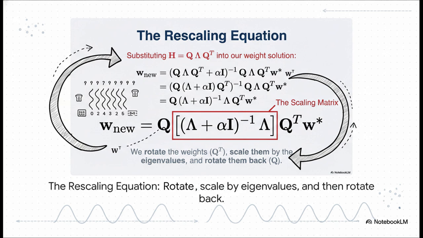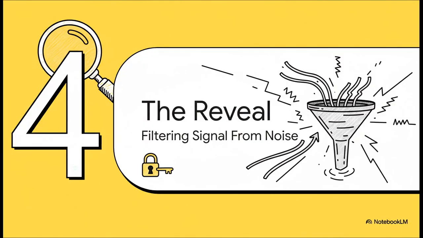It shows us exactly what L2 regularization is doing under the hood. It's a three-step dance. First, it rotates the weights to line up with those simple axes. Second, it scales them. And this is the critical part. This is where the magic happens. Then, it just rotates them back. The whole secret is hidden inside that one scaling operation. So what is it? What is this big secret hidden inside that scaling operation? This is the moment. This is the climax of our investigation where all those different pieces finally snap together.